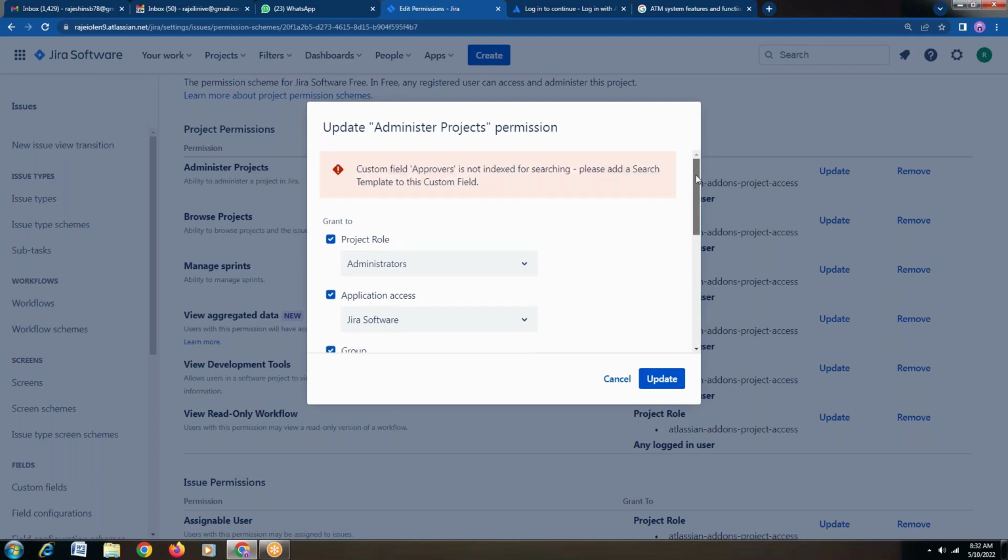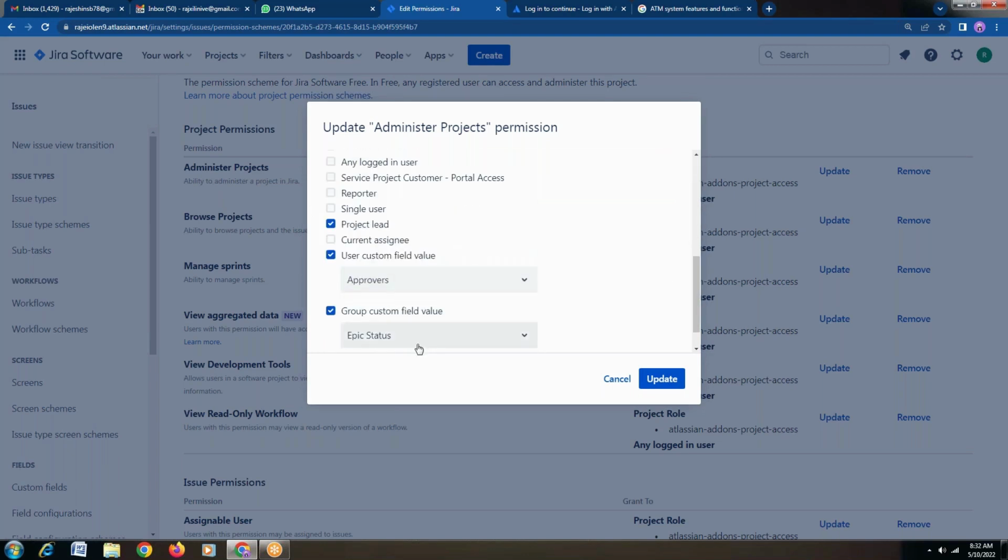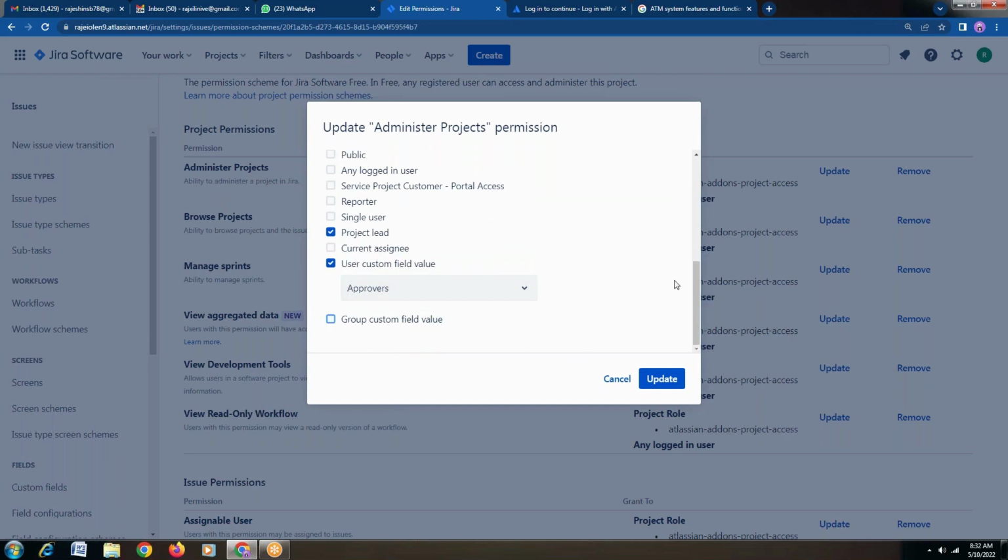Custom fields. Please add system custom fields and all, right? Okay, let me take out.